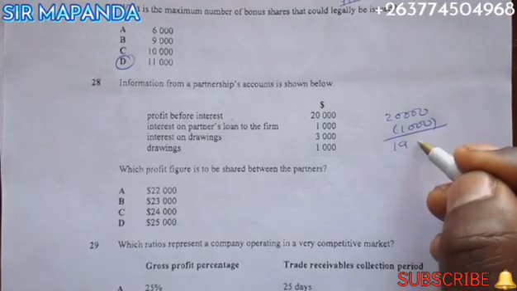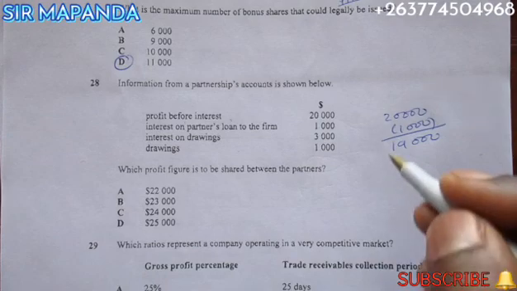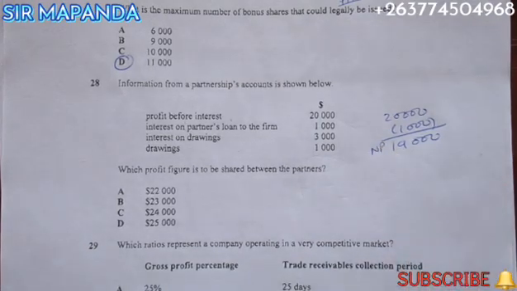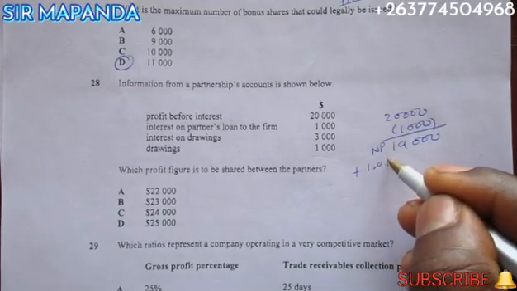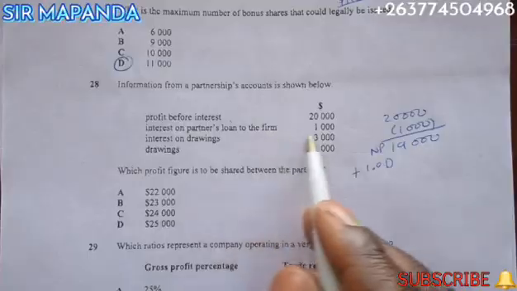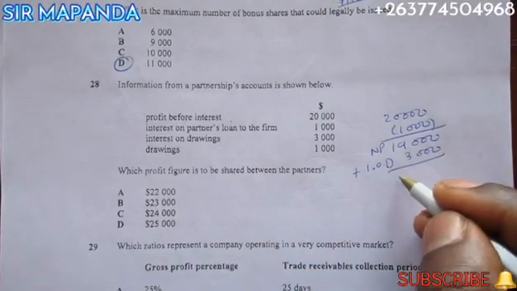So you'll be left with 19,000. I hope you are following. Right, so this 19,000 denotes the net profit. On the net profit, interest on drawings are added. Interest on drawings are added. So we are going to add interest on drawings of 3,000, making it a total of